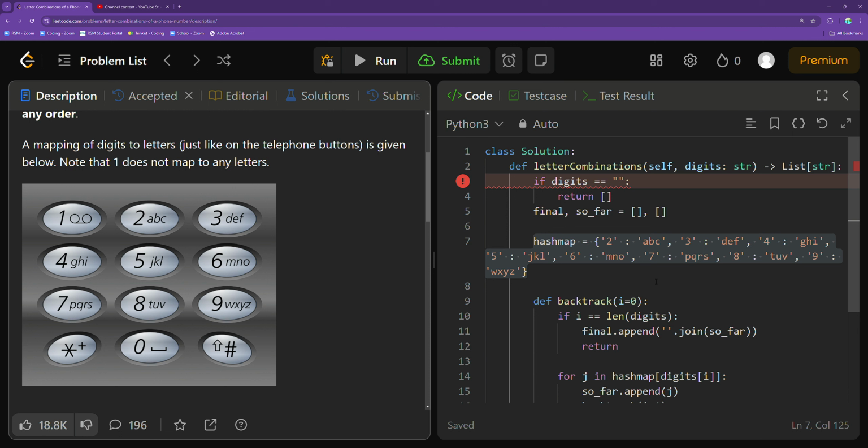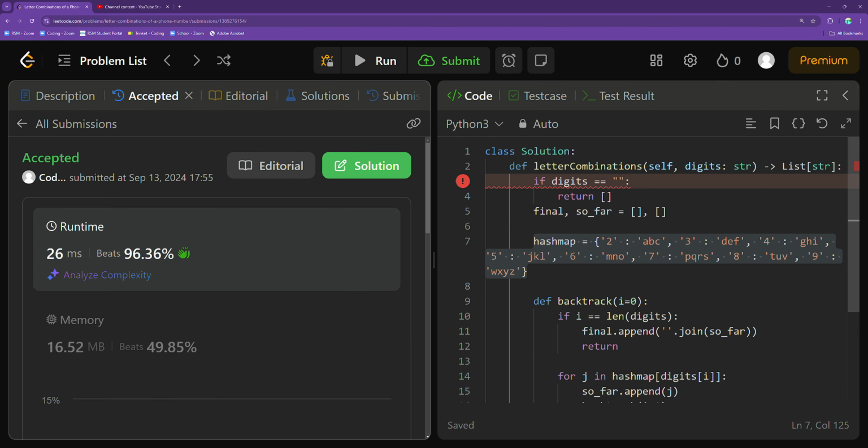After that, I actually defined my backtracking solution, right? So I defined my backtracking solution with a default parameter index I, set equal to 0, because of course we start at the 0th index of our mapping in our input digits string. And I have my base case first, like I do for any single backtracking function. If I equals the length of the digits, or basically the current index that we're comparing in our mapping,